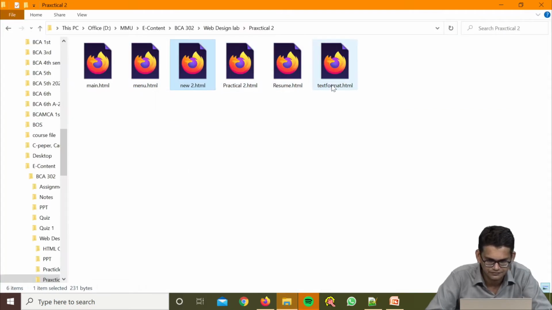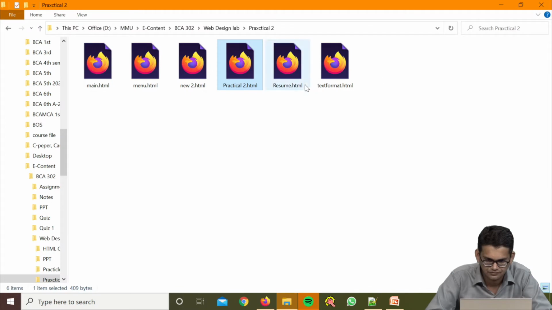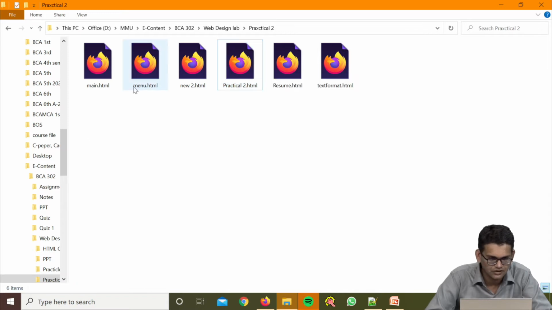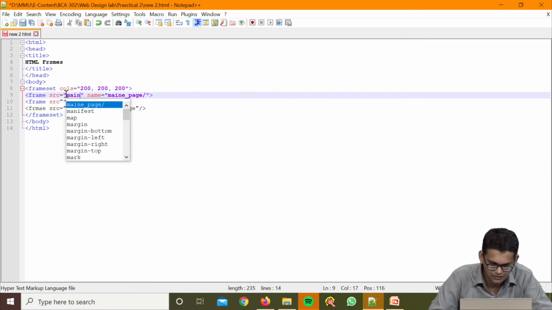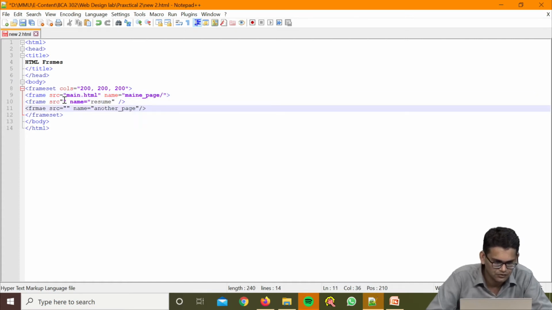So for source we will have here, these are basically main.php. So we can provide here the names, you can see here the source main.html, this file we are having, it will show in section 1.